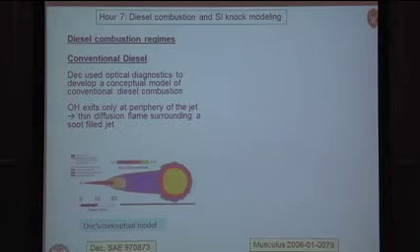So I mentioned John Deck's conceptual model. Here's a picture of it again. He used a variety of optical diagnostic techniques to establish this picture here. And one of the main conclusions is that the OH radical, which is kind of an indicator of the main or second stage of combustion, really only is located kind of in a thin sheet around the jet, as is characterized by a diffusion flame,